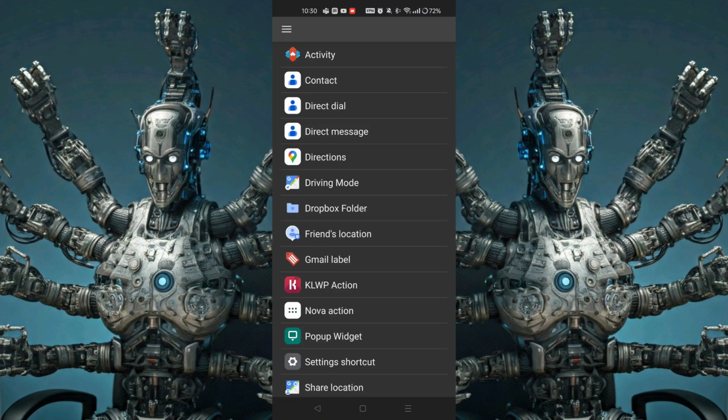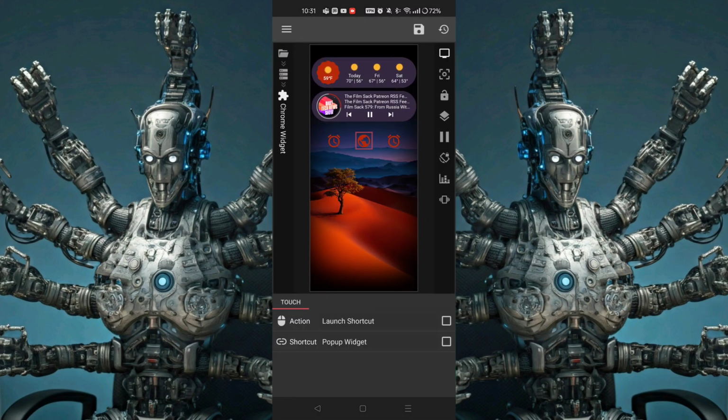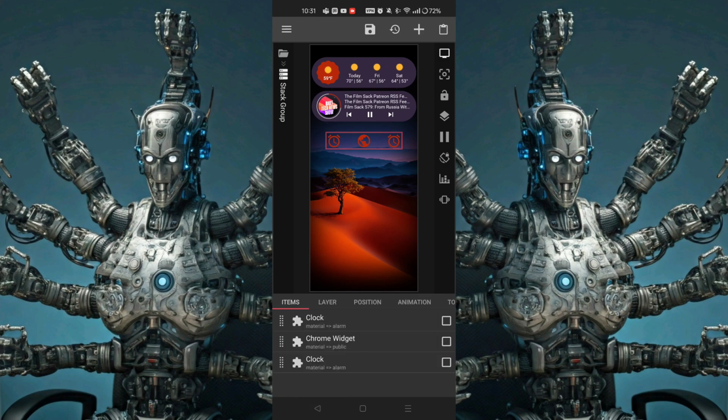And so I'm going to go to that. I'm going to pick pop-up widget, and I already have my widget set up for Chrome bookmarks. So if you want to do something like that with or without KLWP, you can do that already. So we've done that. And so now for the final one,